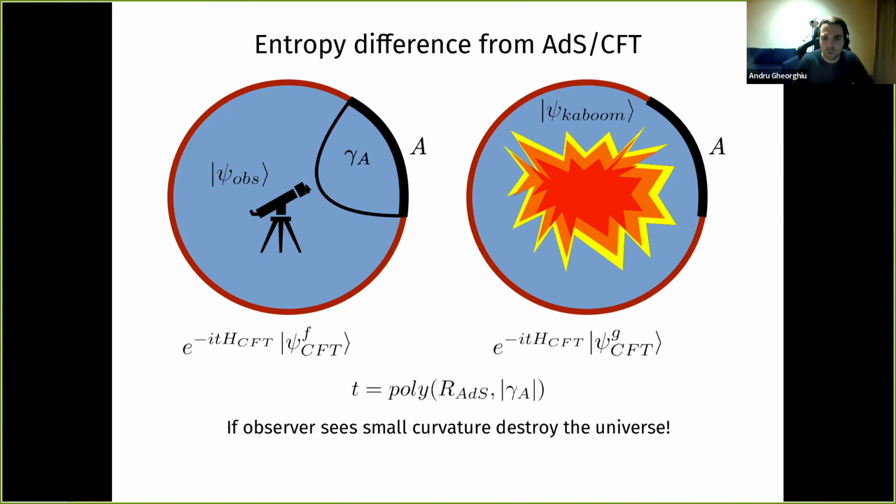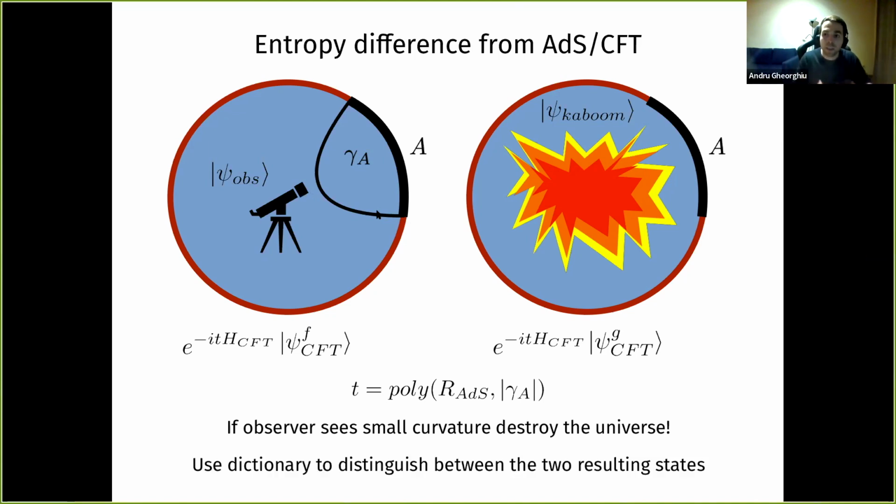So the idea is, in the two situations, to create two radically different states in the bulk that we could then easily distinguish if we use the dictionary. So again, in one situation, maybe it creates some sort of black hole inside the interior, and in the other it does nothing. So using the dictionary, we might then be able to map back to states that we could efficiently distinguish on the quantum computer.